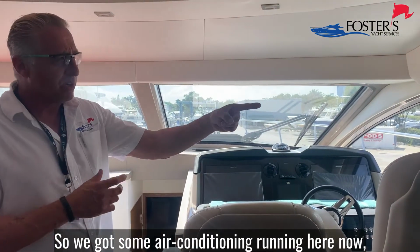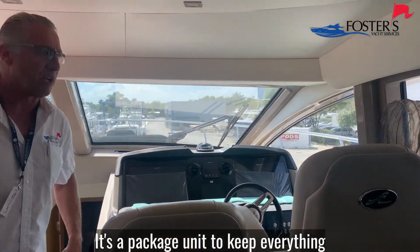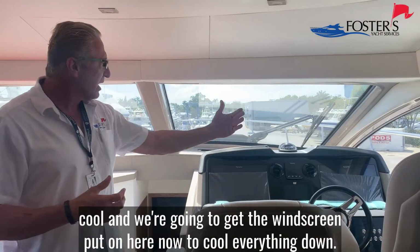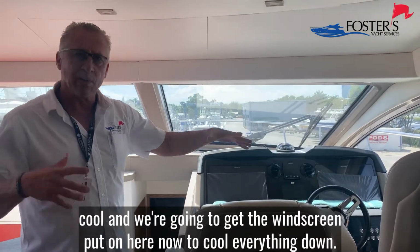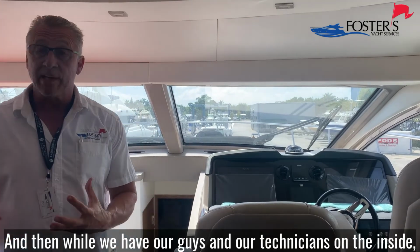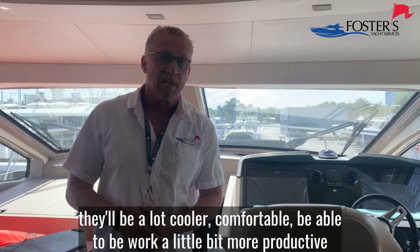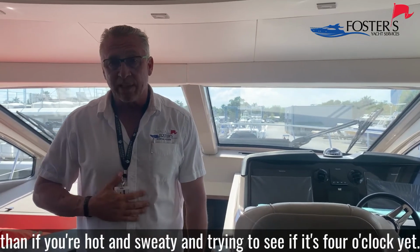So we got some air conditioning running in here now. You can see we pumped some 5-ton air conditioning unit in here. It's a package unit, keep everything cool. Then we're going to get the windscreen put on here, and that'll cool everything down. And then while we have our guys and our technicians on the inside, they'll be a lot cooler, comfortable, able to work a little bit more productively than if you're hot and sweaty and trying to see if it's